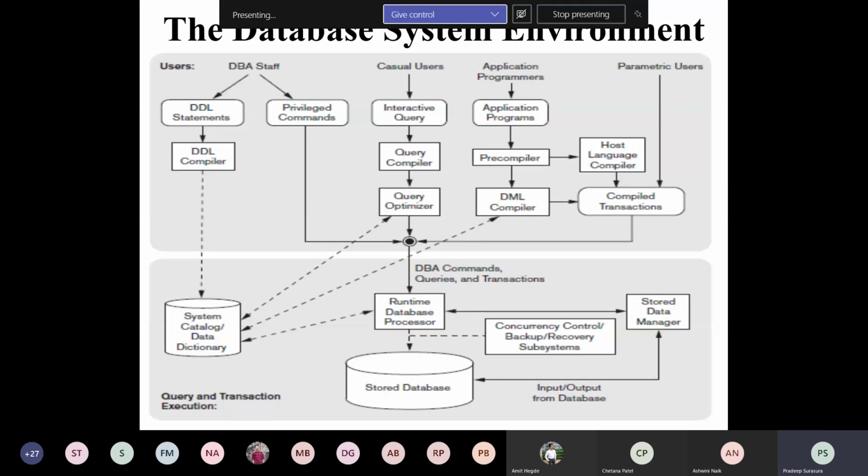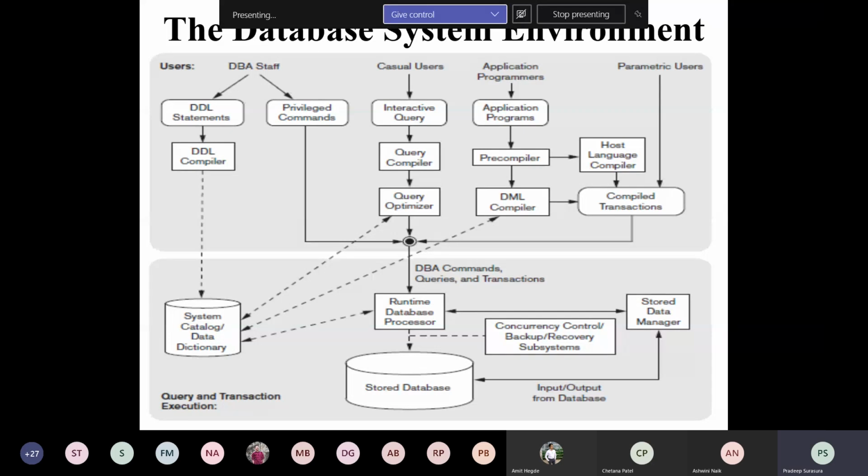Giving any privileges is always called a privileged command. Like creating a user, only the administrator has the privilege to create users. Once the user is created, resources are allocated, and different types of privileges can be assigned to each type of user. All such are called privileged commands.